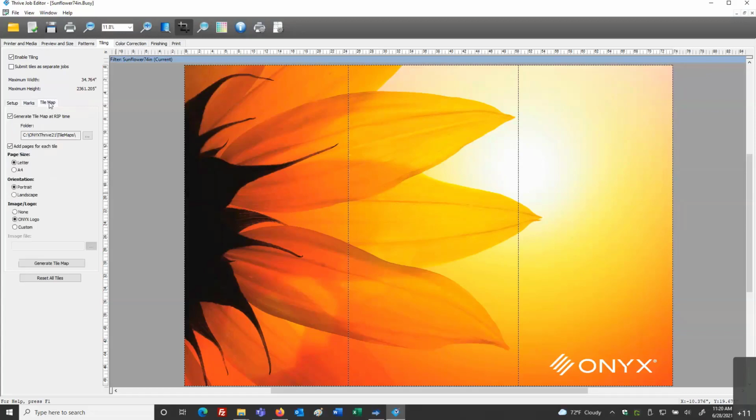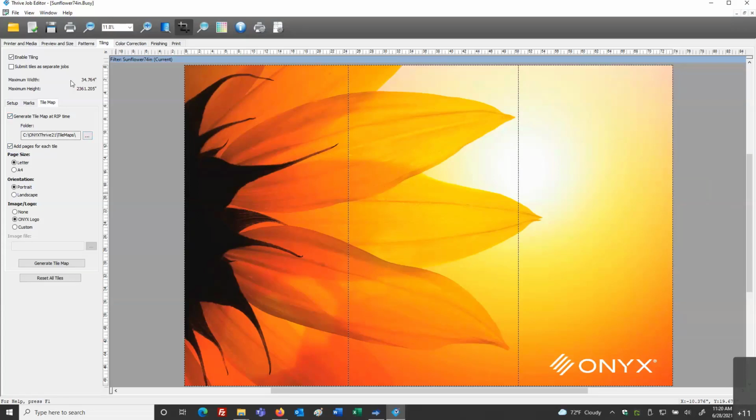There's my PDF tile maps that's going to be created when I come back into the RIP. And I can take a look at this information. The location of this PDF tile map that will be created, it's going to default into the RIP folder. And then there's going to be a folder called Tile Maps, and that's where it's going to be written to. In the Kwikset and here, the 3 dots on this button would allow us to search for a different location. So we're always able to browse and have a different bit of information. I'm going to leave it in this default directory for our demonstration purposes.